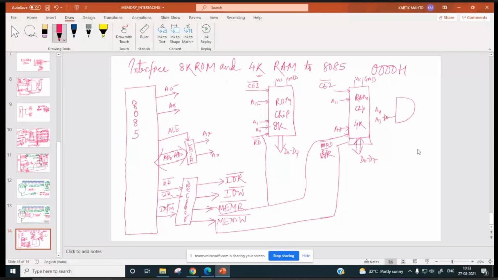A14 will be inverted and it will be given to this. A15 will be inverted and it will be given to this. And this will be CE1 bar. Right. Then CE bar 2.